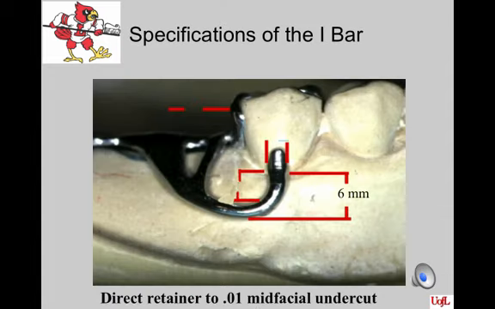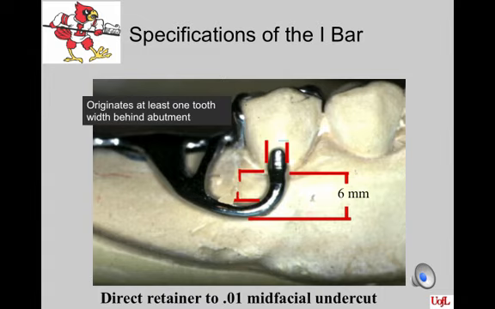The specifications of the I-bar are as follows. It originates from the edentulous base attachment, and it usually originates from one of the cross struts of the base attachment to enable good casting of the metal. If meshwork is used, it usually originates at least one tooth width posterior to the natural tooth. The important thing to remember is that its length and dimensional thickness are two factors that affect flexibility of the